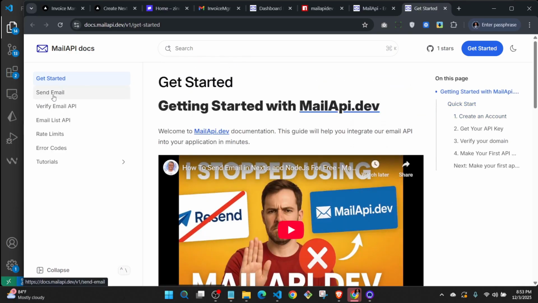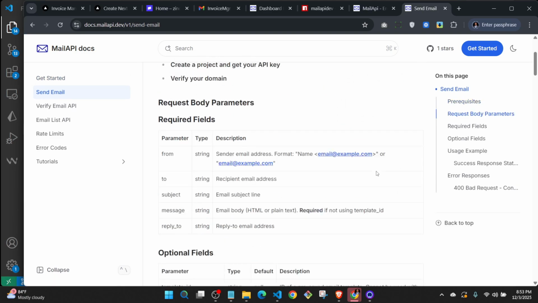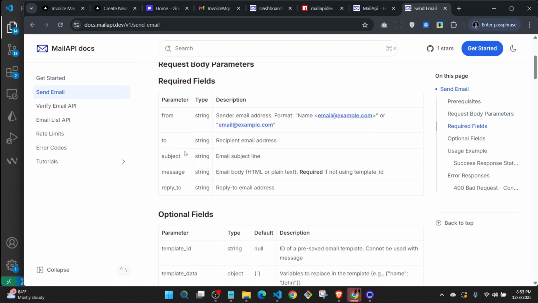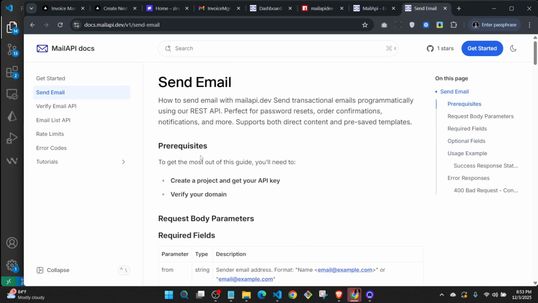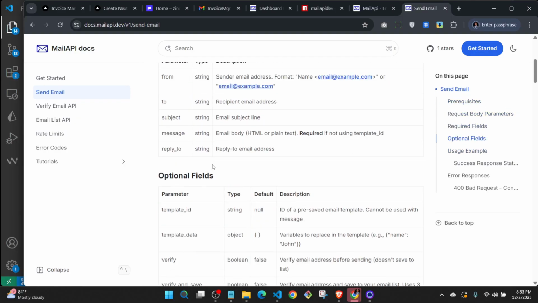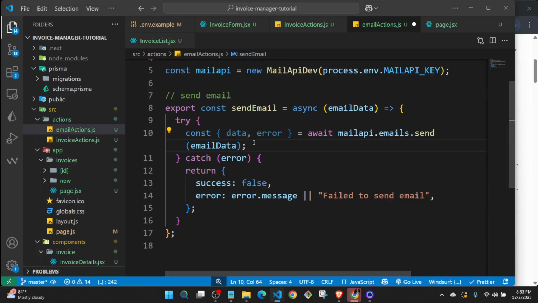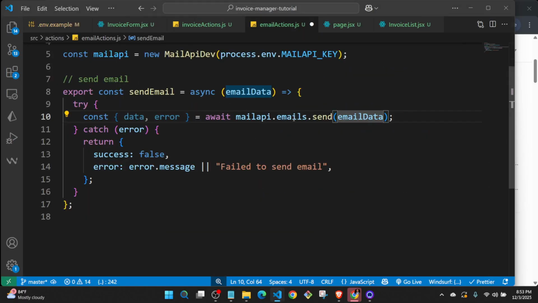You can come to send email, and look at all the parameters that you need for sending. You can send either with just a regular message, or you can send with a template, but I'll show you all of that. So we said here we do mailapi.email.send,